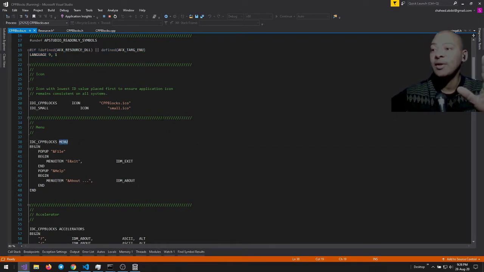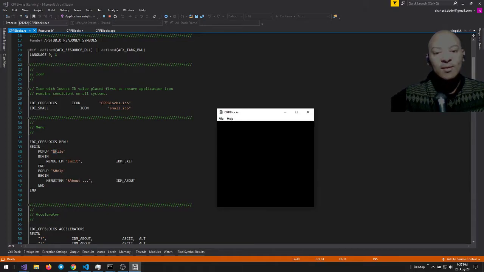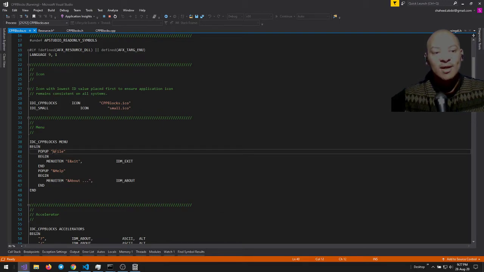This is how you fiddle with the menu. You can say, I've got this thing, it is my menu. The beginning of the menu is a pop-up with the text file on it, right? And the accelerator is &f. So what that &f is, if you say Alt F, that ampersand means Alt, and the thing following it